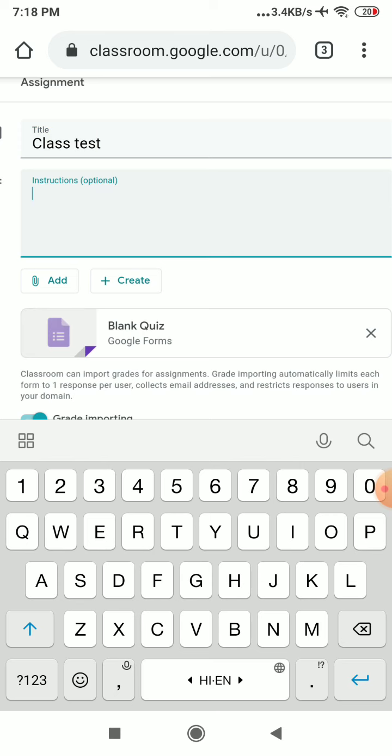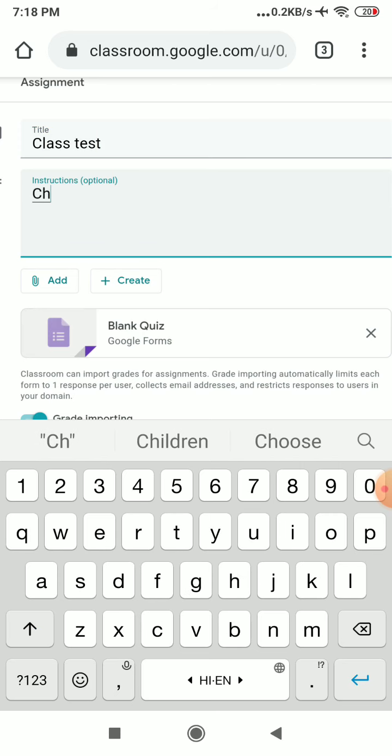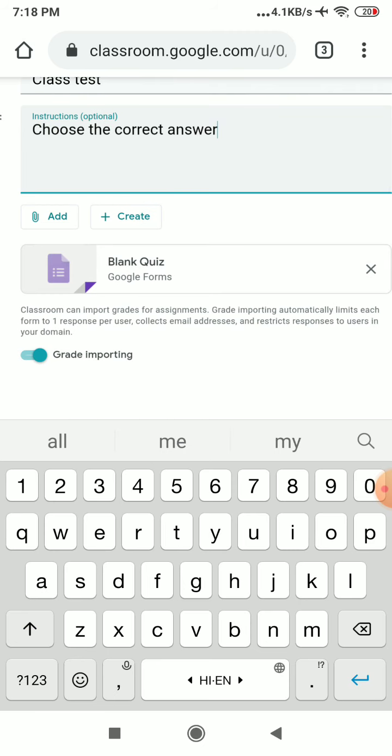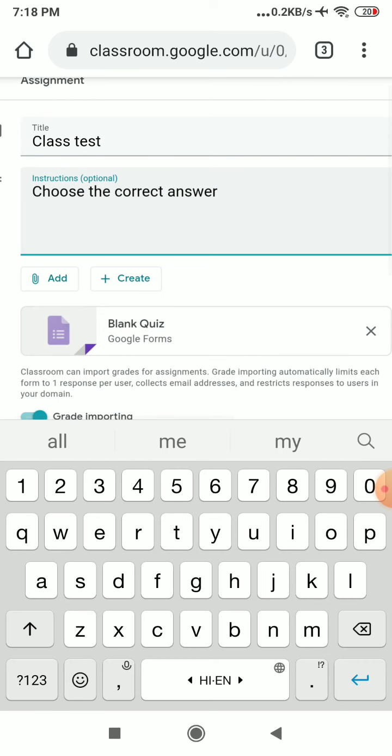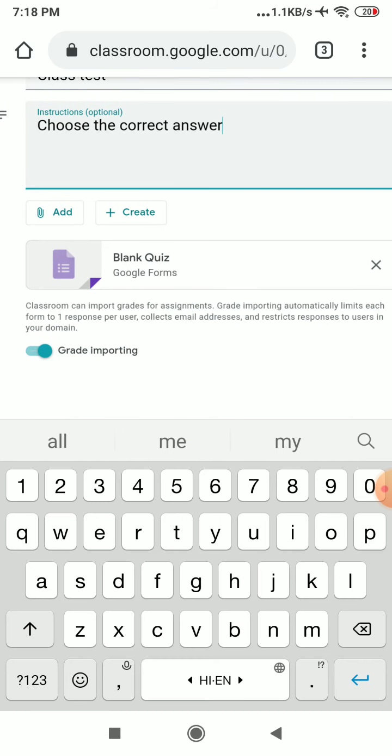So the instruction I am giving here: choose the correct answer, because here I am going to give all objective type questions with multiple choice, and this is the best one. By this MCQ method we can evaluate the questions and answers easily.